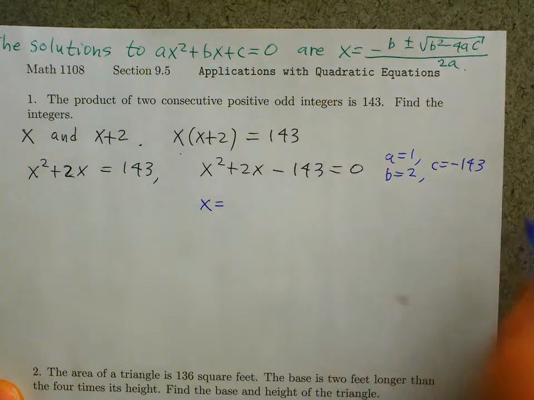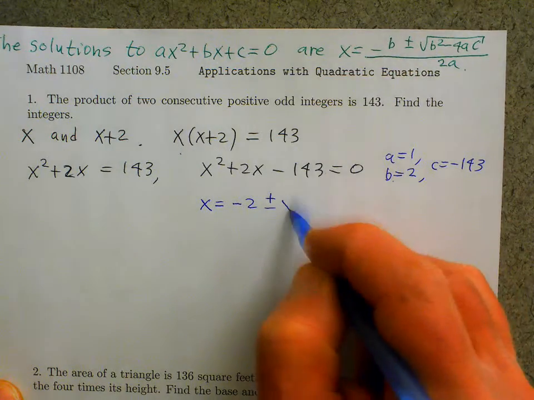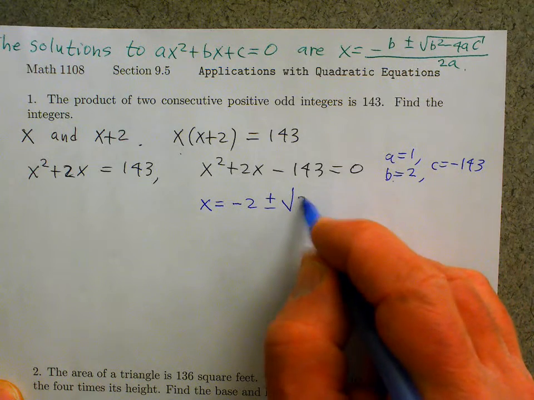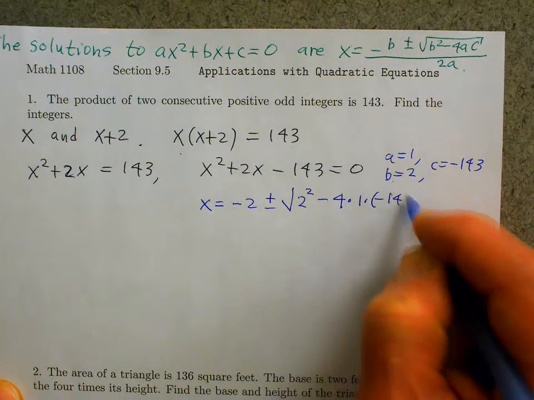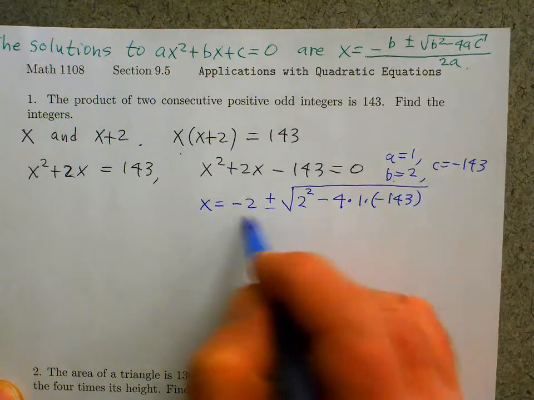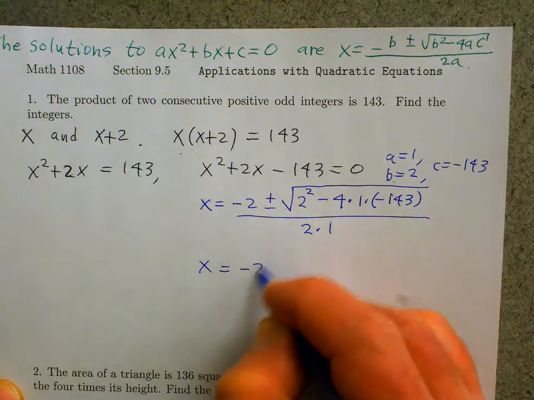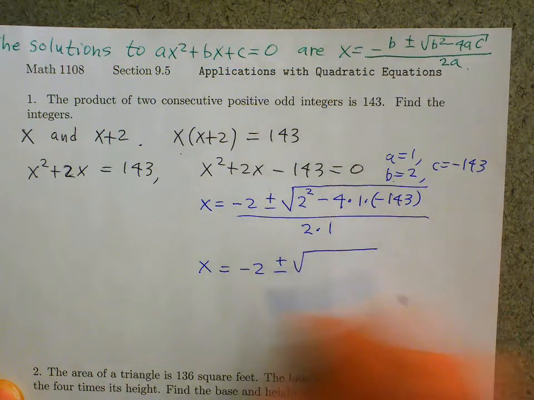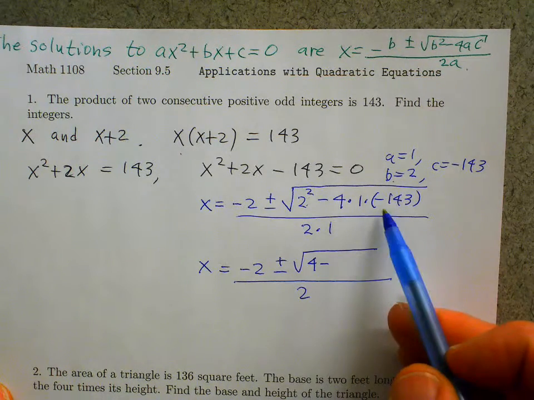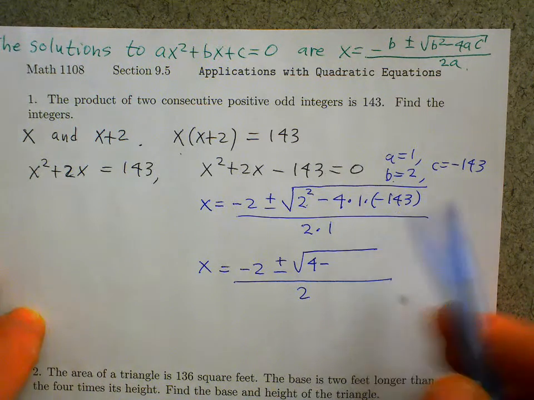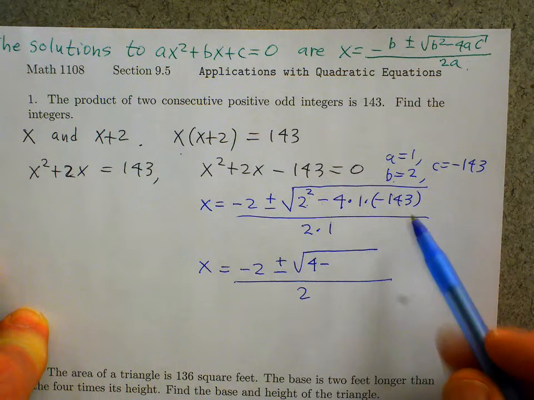So x equals negative b. B is 2, so x equals negative 2 plus and minus the square root of b squared minus 4ac, so 2 squared minus 4 times 1 times negative 143, and then all divided by 2 times 1. Then we do the arithmetic inside the square root. 2 squared is 4, and we're subtracting 4 times 1 times negative 143. So we're going to be adding, since we're subtracting a negative, so 4 times 143